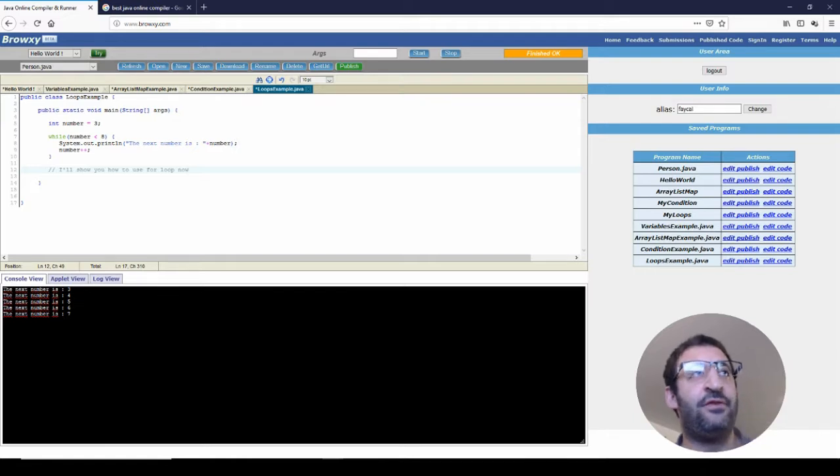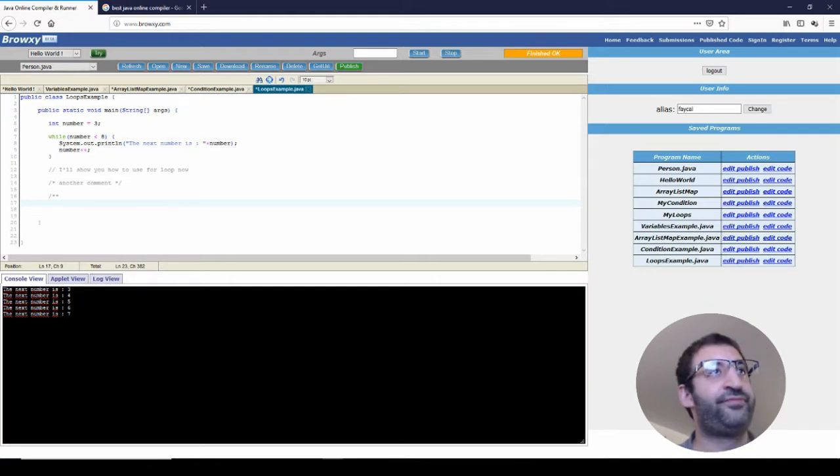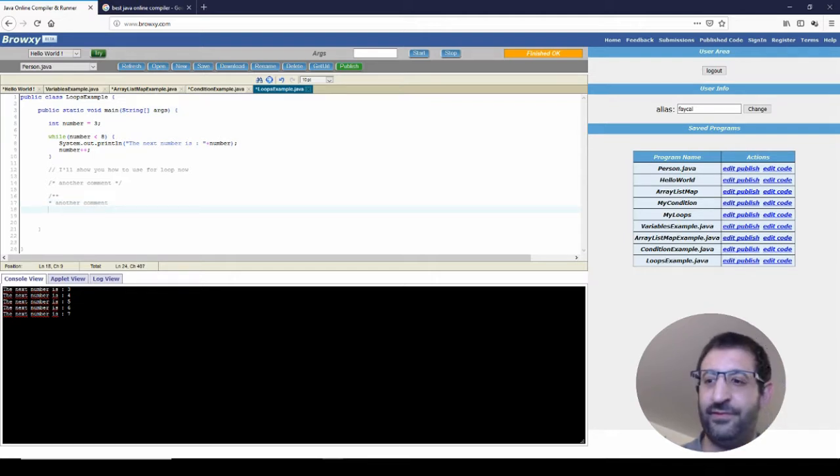Okay, you have another syntax in Java like this, and you write your message, another comment, and you close like this. Another syntax you can use is like this. For example, another comment. Okay, as you can see,